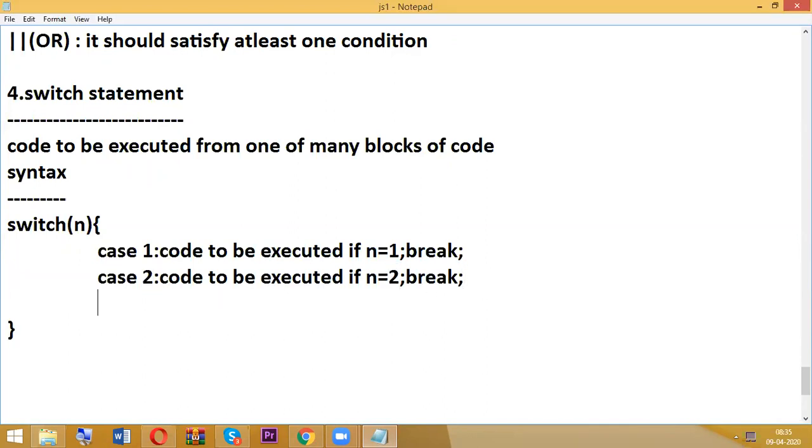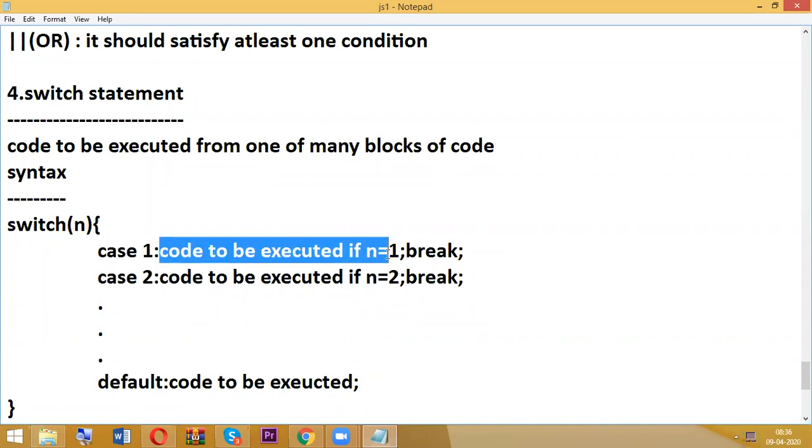So like this, n number of cases, and finally code to be executed. Whenever n is matching with 1, then whatever code we have will be executed.